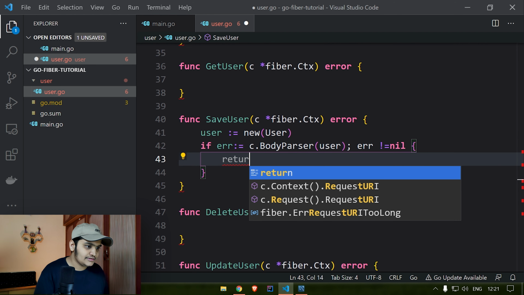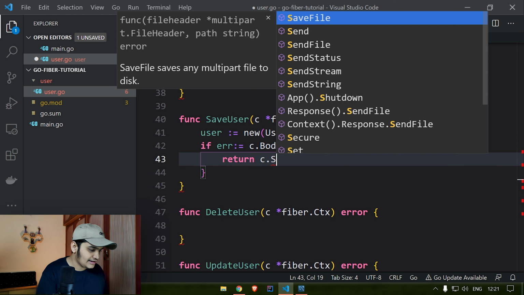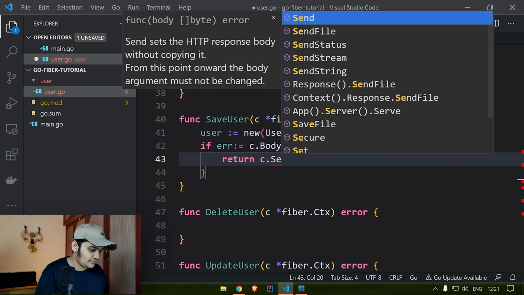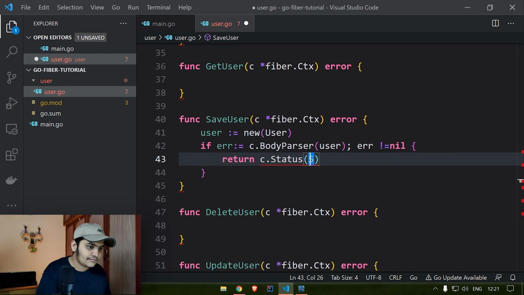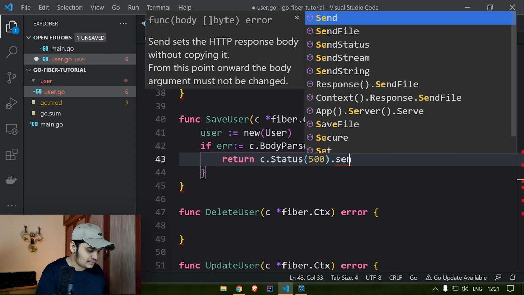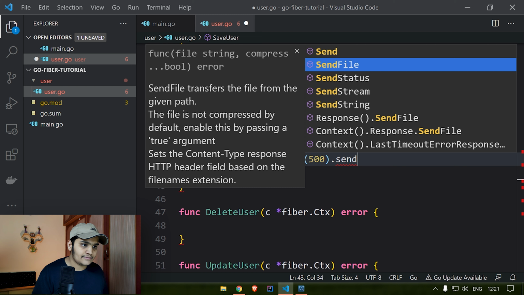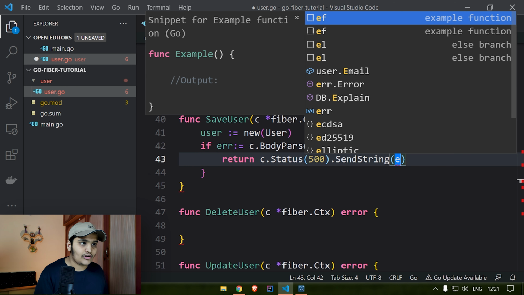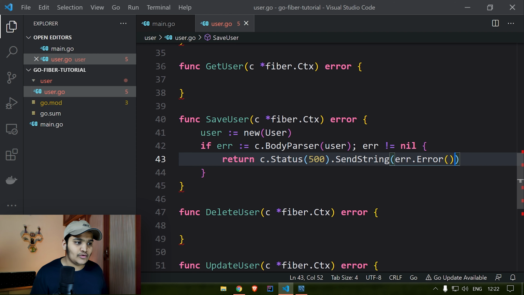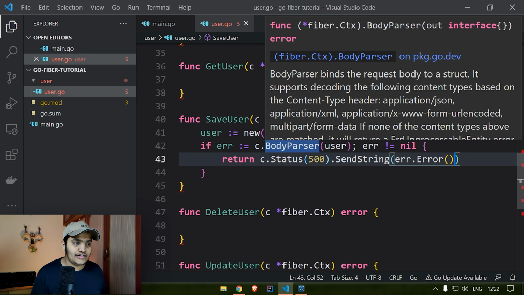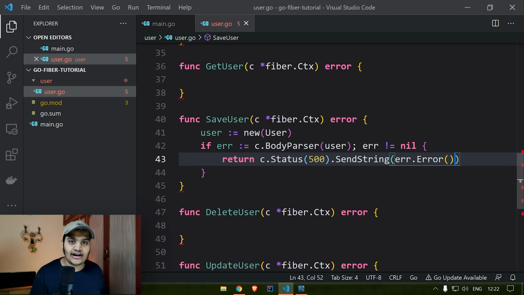we'll just return c.Status 500 and then SendString, and I'll pass the error, whatever the error is. So it's just simple over here. I'm using the body parser function to parse the JSON data that I am getting in the body and convert it to the user struct.